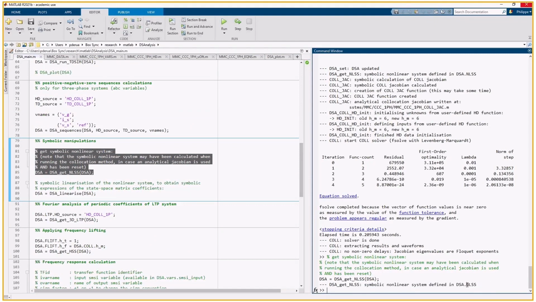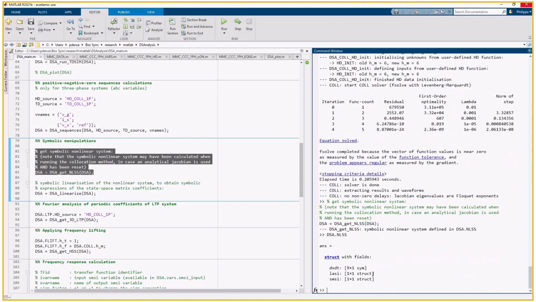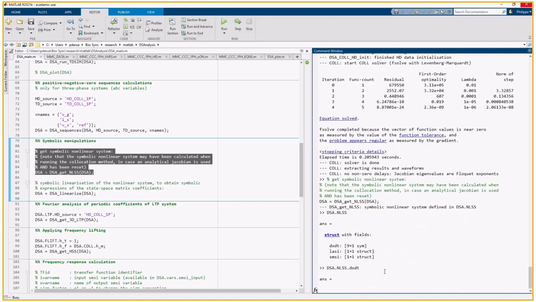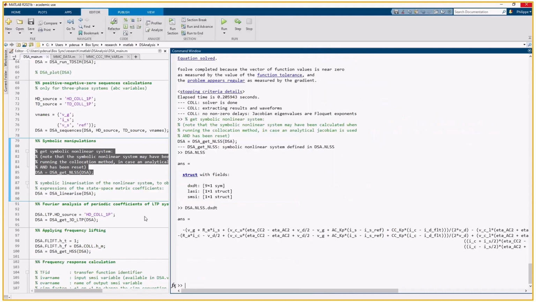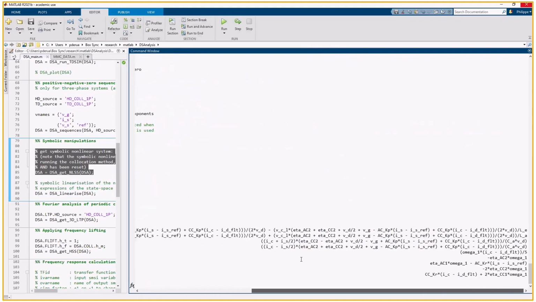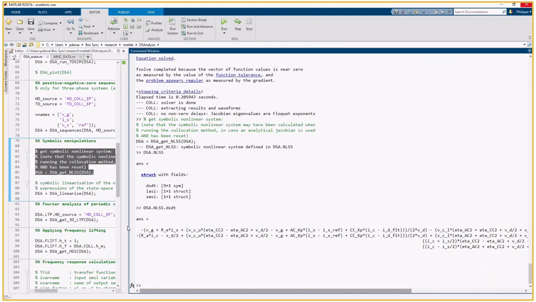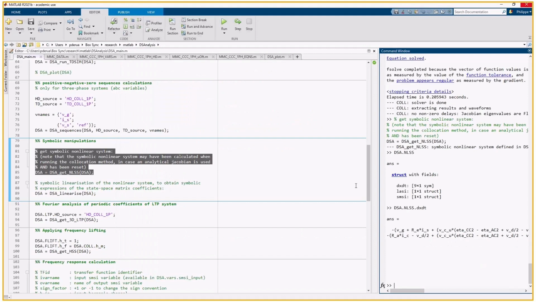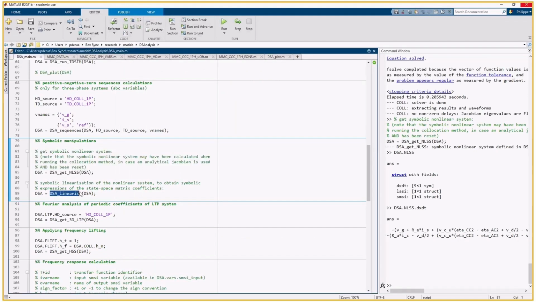This is the nonlinear state space. Okay, let's have a look at that. We have a few things, and the main thing is of course the dxdt. It is the equations from the equations file, but now in a symbolic format. Those are the equations that are linearized symbolically by means of the DSA linearize function. So I can run this one. I select it, F9,